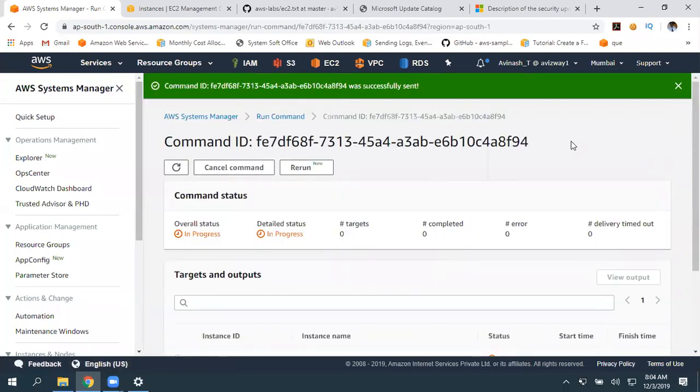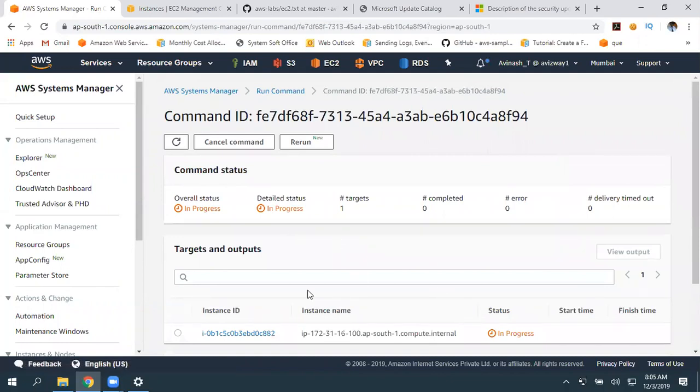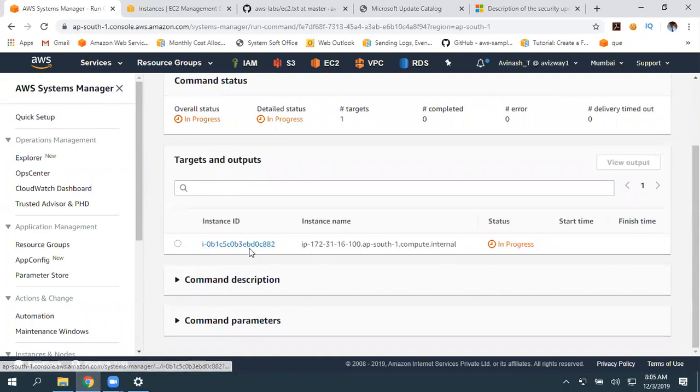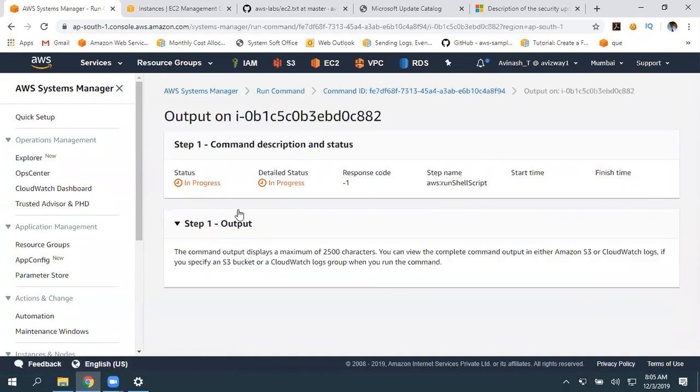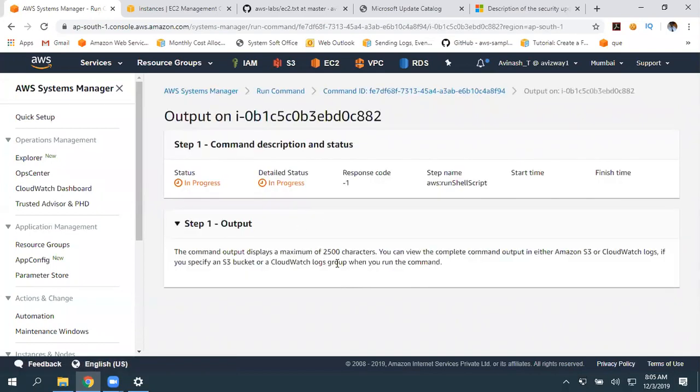So now this execution is in progress. Whatever commands I have given there are going to be executed on all the instances which I selected. Here we can get the output. Once that installation is completed, you can view that output or you can write that output to one of the S3 buckets.